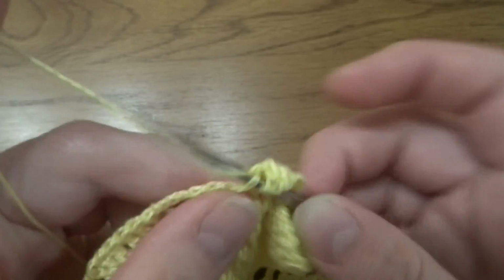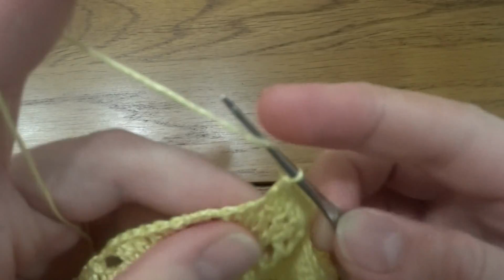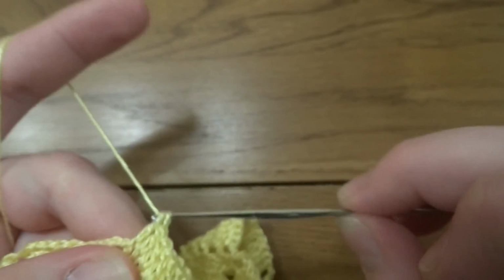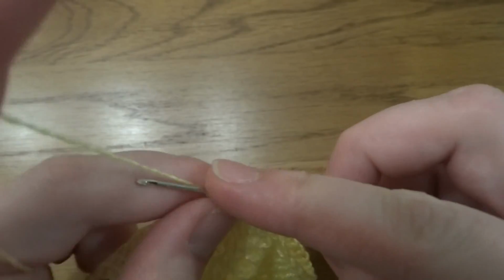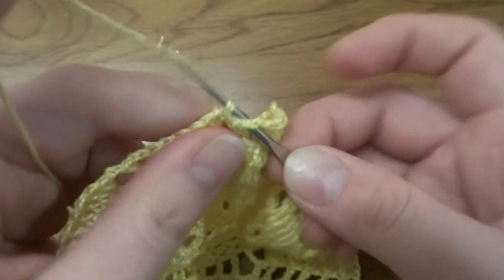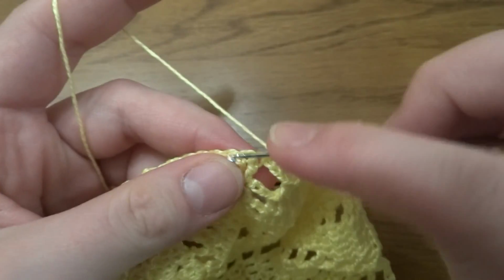So 1, 2, 3, 4 and 5, chain of 4, 1, 2, 3 and 4, and 1 double crochet into the next 5 stitches,